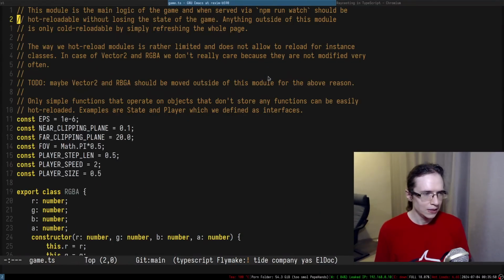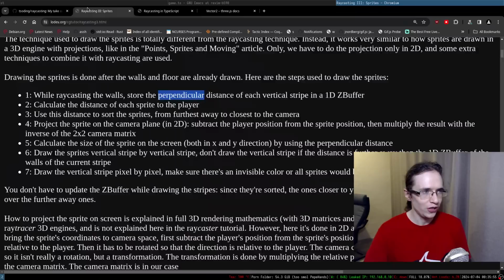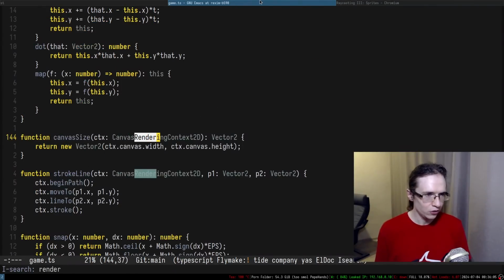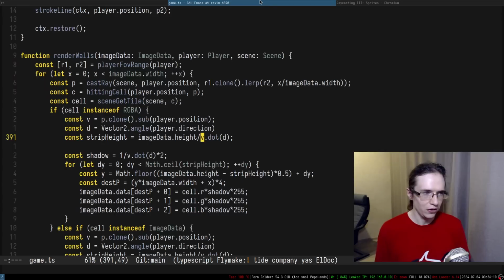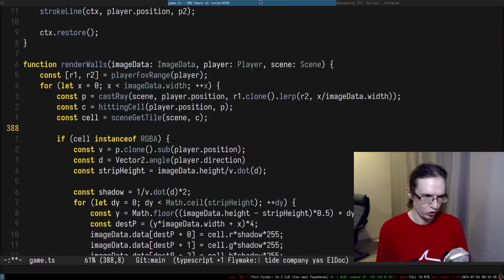So anyways, what we were doing: I was talking that we're supposed to save in a Z buffer the perpendicular distance. Right, so that's what we're supposed to store in there. So let me see, render walls, and that perpendicular distance is basically this. Yeah, so we're iterating x, as you can see. So that means after we did all of the ray casting, what we have to do is just